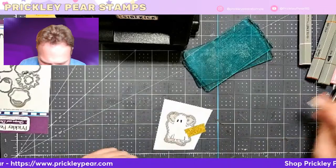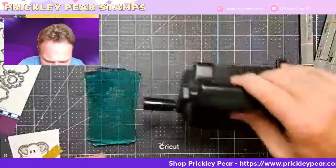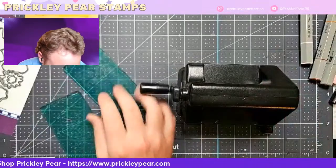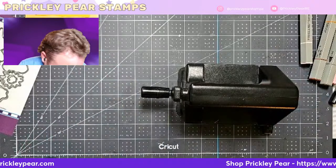Somehow I dyed my finger green. That's interesting. I'm always surprised when I go back into work on Monday that no one asks me why my fingers are green. I don't know if people are just used to it by now or what. But